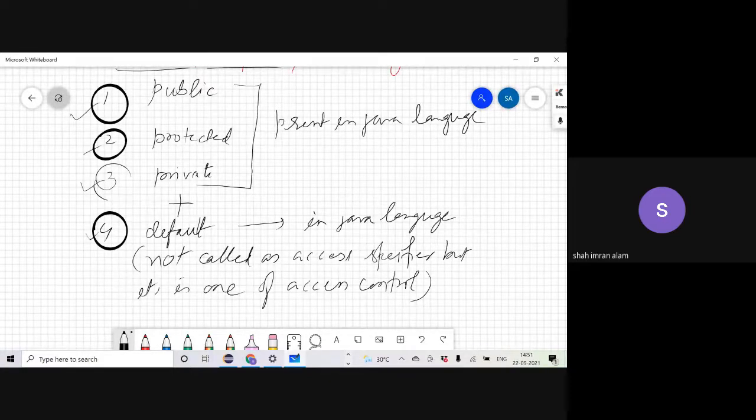So as of now, I'm just discussing the terminologies. So these 4 are access or visibility controls in Java. ठीक है? All the 4 are access and visibility controls in Java.